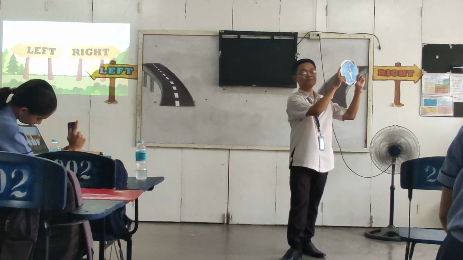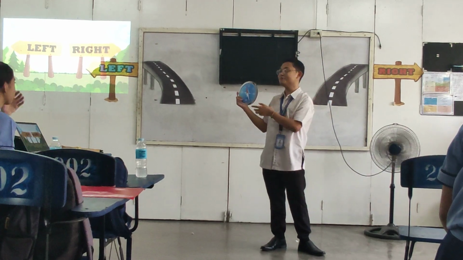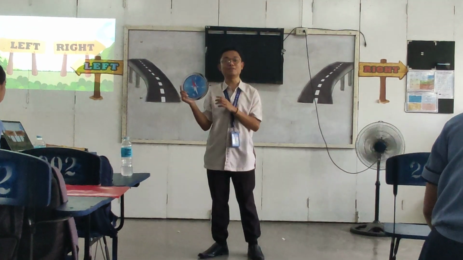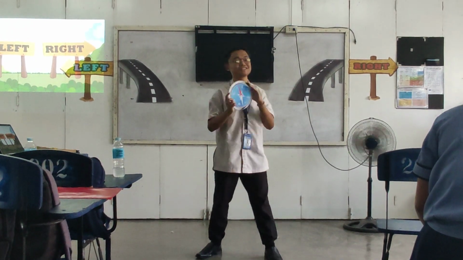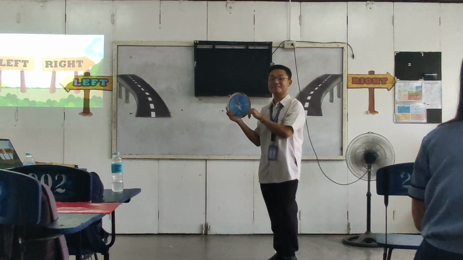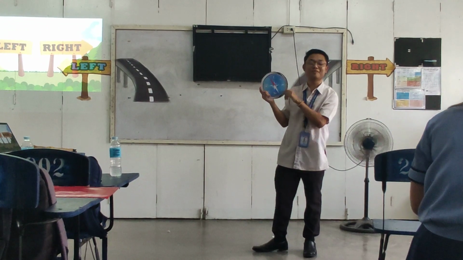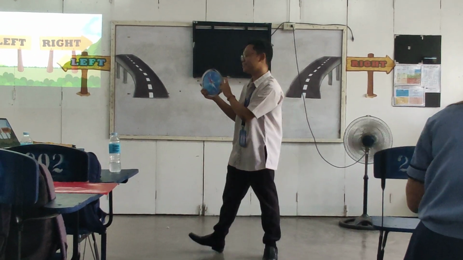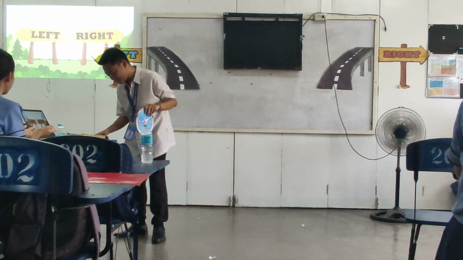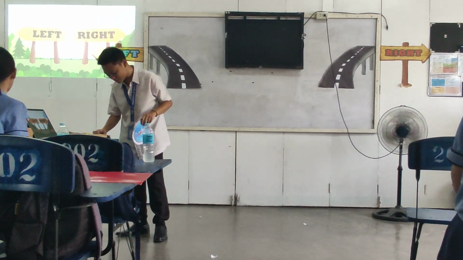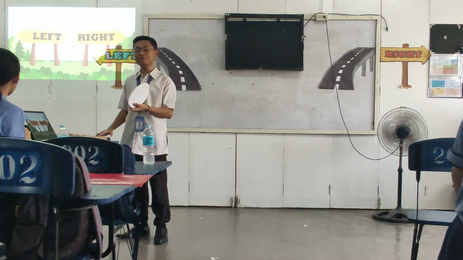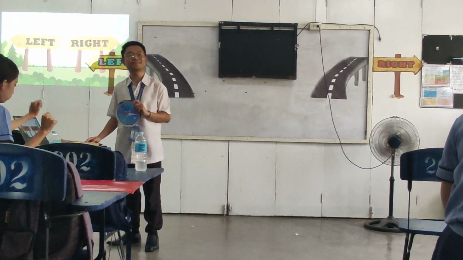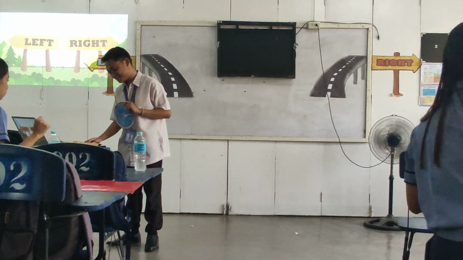This compass will be passed around the class, starting with your seatmate. So when the music starts, it will pass around. The last person who touches this compass will answer the question when the music stops. Is it clear? Yes. So at this point, I will now play the music. If you recognize the song, you can freely sing along or dance with it. Are we all clear? Yes. Let's proceed.